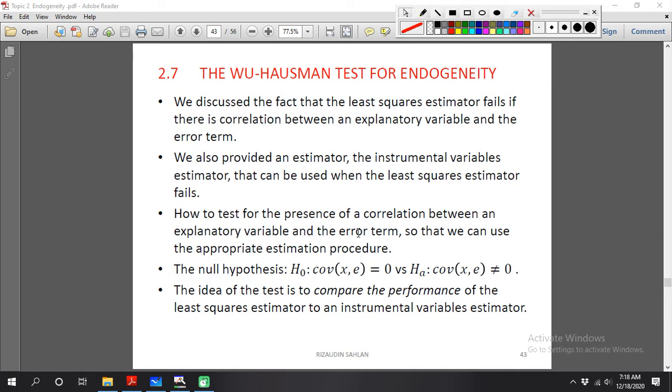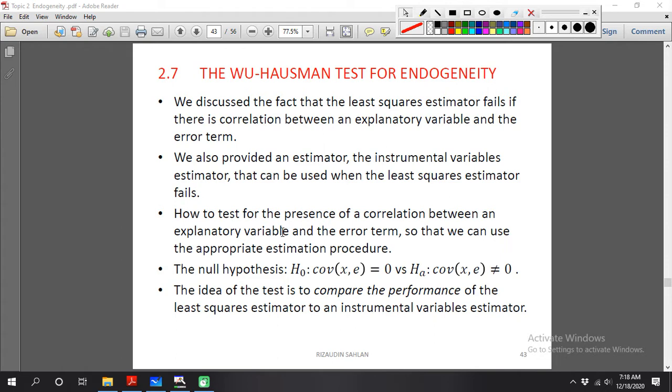We want to test whether there is a correlation or not. If the test shows that there is a correlation, it means that there is endogeneity. When there is endogeneity, of course we need to use instrumental variable